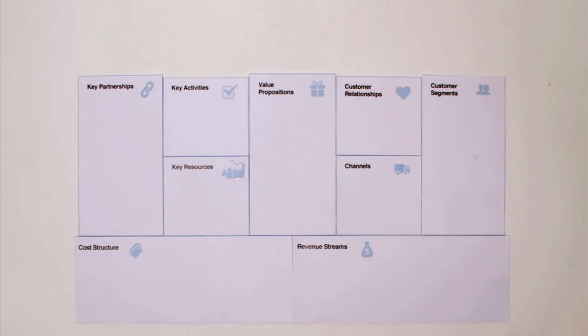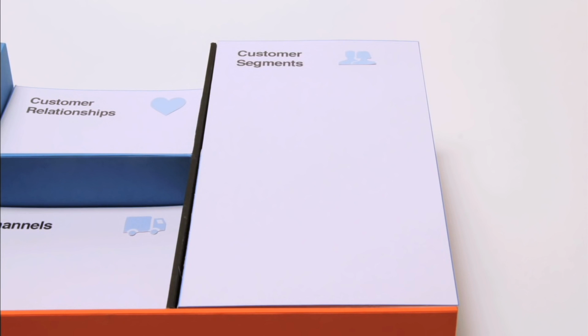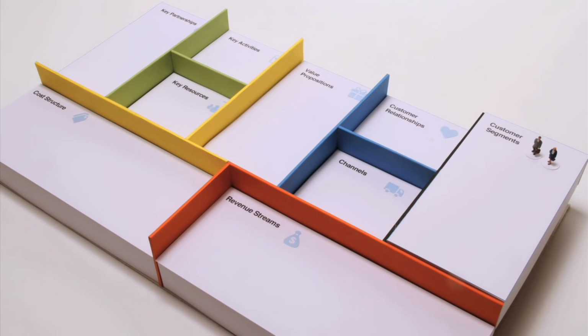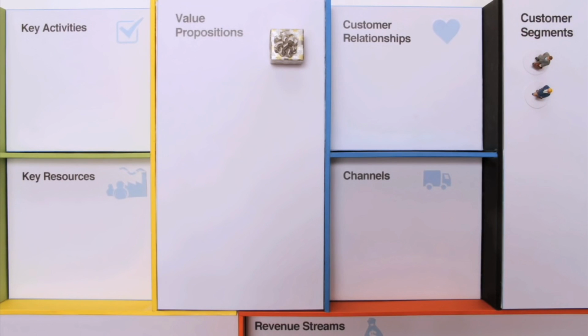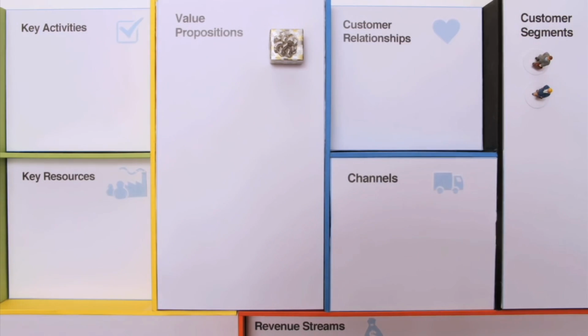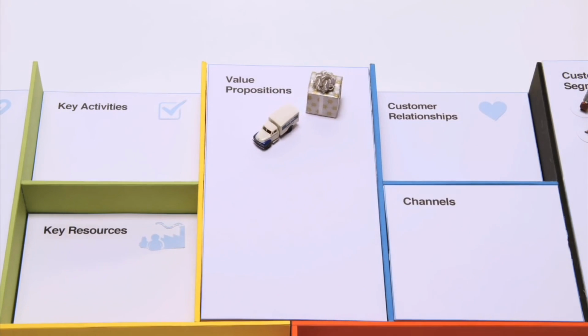This is what we call the business model canvas, a tool that helps you map, discuss, design, and invent new business models. Let's briefly go through the 9 building blocks, starting with the customer segments. These are all the people or organizations for which you're creating value. This includes simple users and paying customers. For each segment, you have a specific value proposition. These are the bundles of products and services that create value for your customers. Channels describe through which touchpoints you're interacting with customers and delivering value.